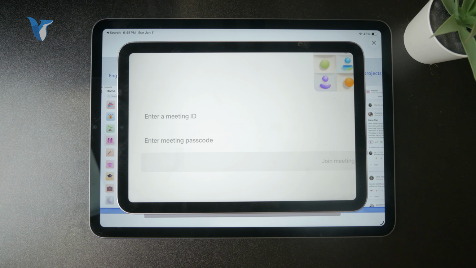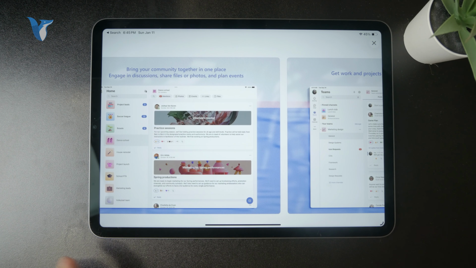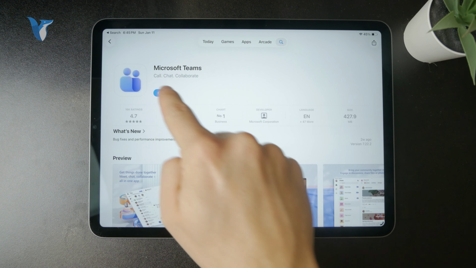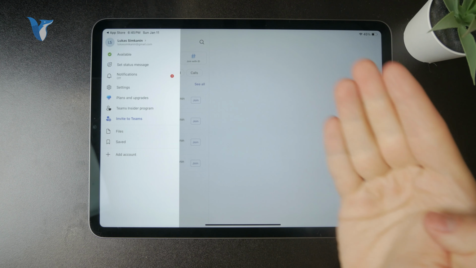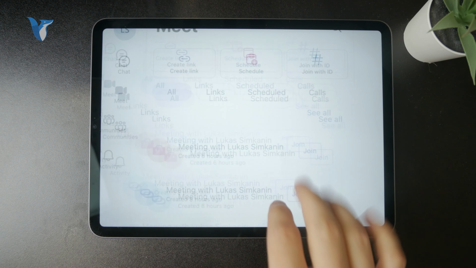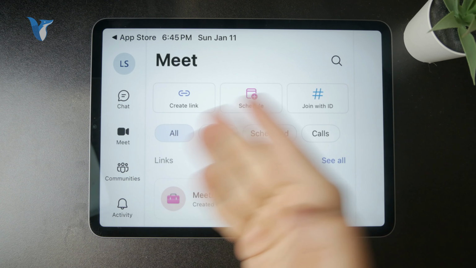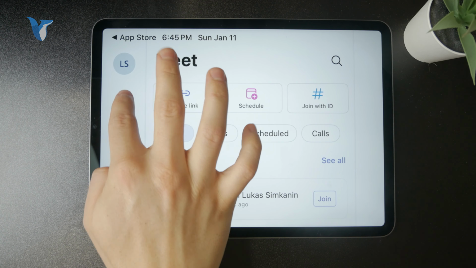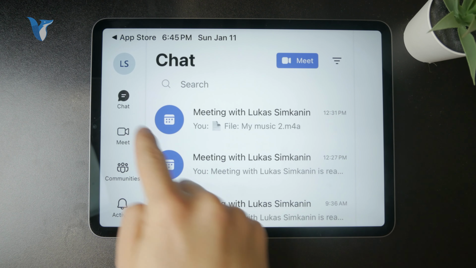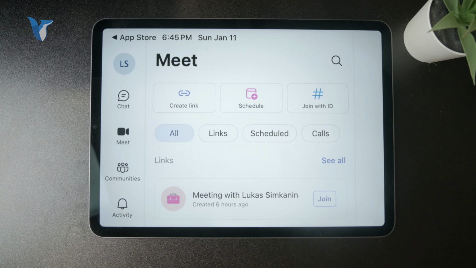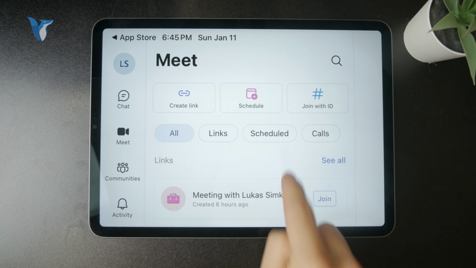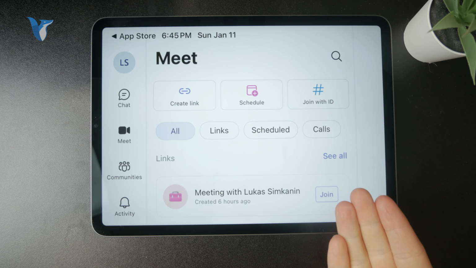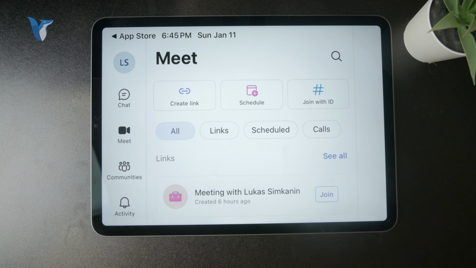But if you need to use it more often and if you also want to create your own meetings, then it is necessary to create your account. So it works with the Microsoft account only. So if you don't have one, you're going to have to sign up. But if you do, then just sign in and you're going to get to this user interface where you can see your profile, the chats, and also the ability to join past meetings and have the history in here. But most importantly, the biggest difference in my opinion is the ability to create your own meeting